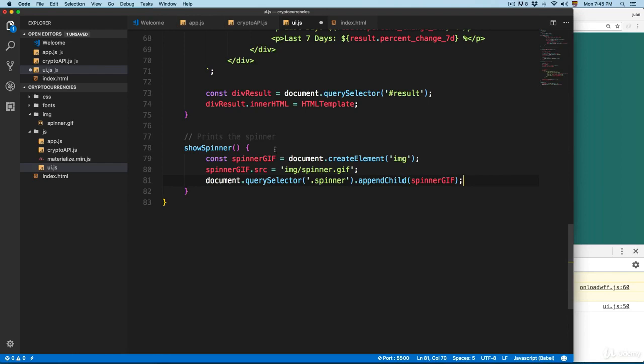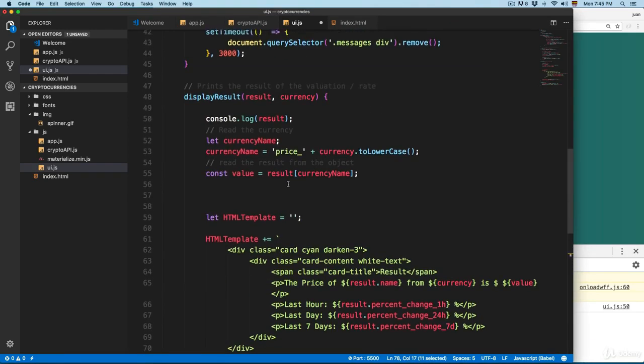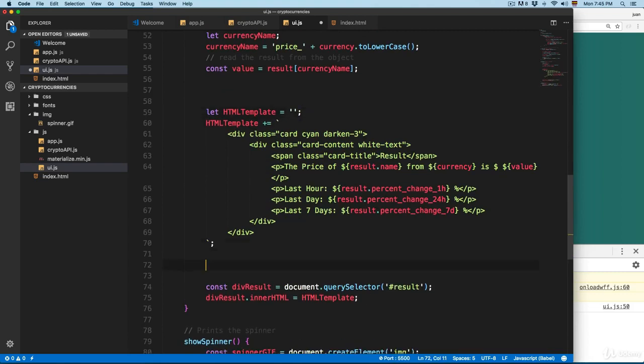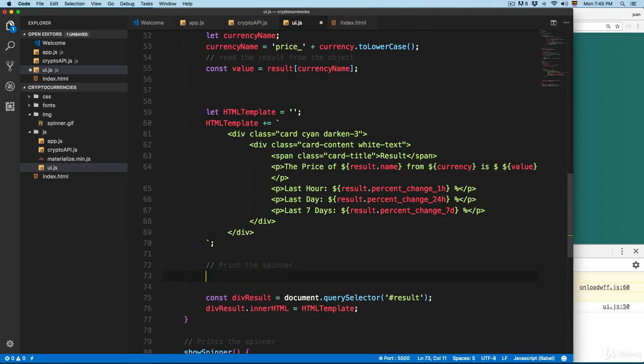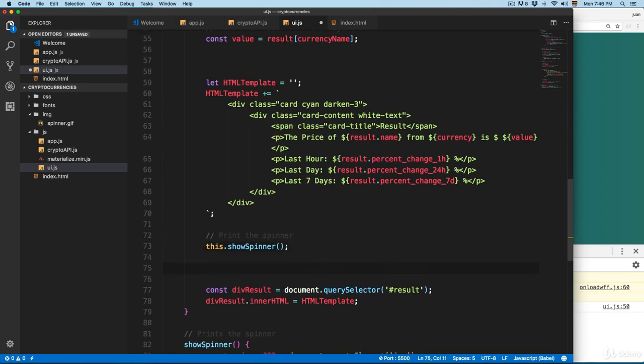So we need to call this method from here. So it's called show spinner, and maybe right here we can print the spinner. Print the spinner, and we're gonna execute this using show, and this show spinner. So this is going to insert the spinner, and we need to add, for example, a set timeout right here. So we're gonna add a set timeout,